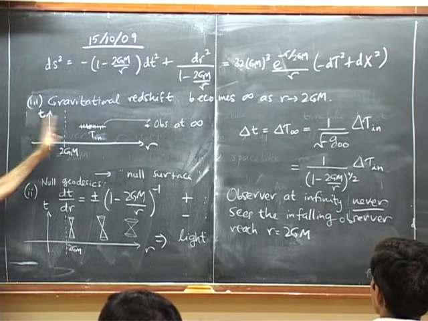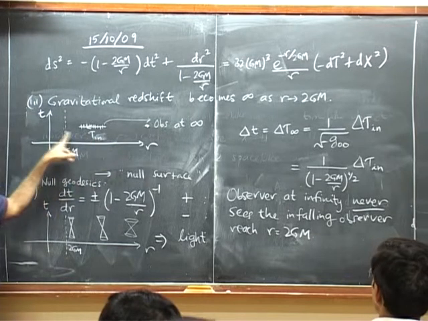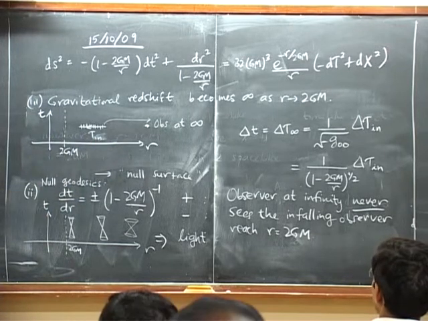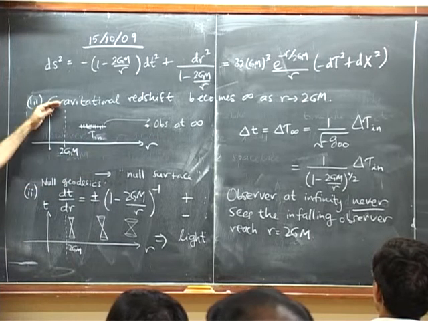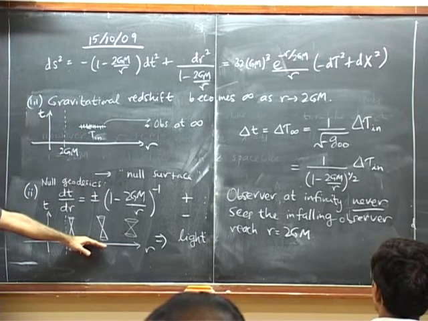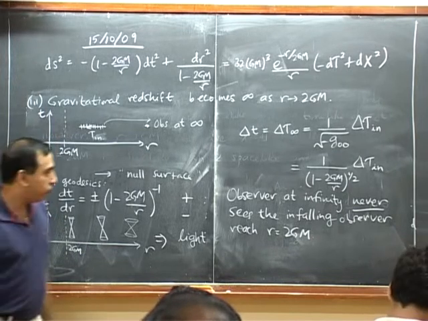You need to reach somewhere before you can actually pass through. So from this person's point of view, there's nothing like this person ever passing through. It's a very strange fact, but it's a fact, and we have just derived it. And it's the same as infinite redshift, it's the same as light cones closing up, it's the same as this surface being null. These are just manifestations of one single fact.